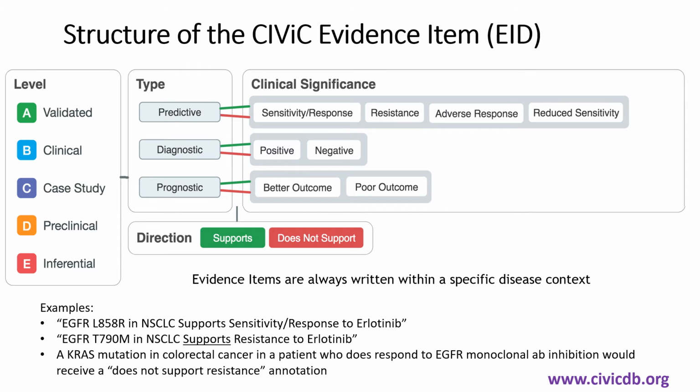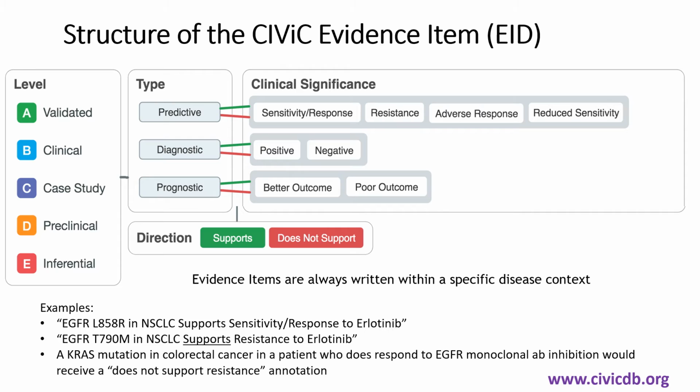After assigning the appropriate level of evidence, we then choose the somatic variant type as predictive, diagnostic, or prognostic. Predictive variants typically have some therapeutic evidence associated with drug response or resistance. Diagnostic variants are helpful in diagnosing cancer subtypes, and prognostic variants help determine whether the patient with that particular variant does better or worse, irrespective of the cancer treatment.